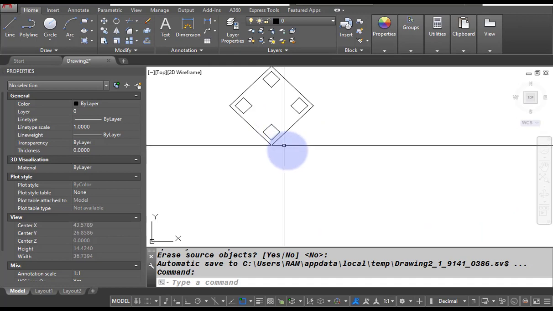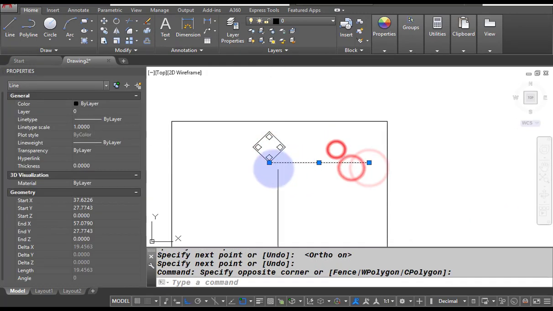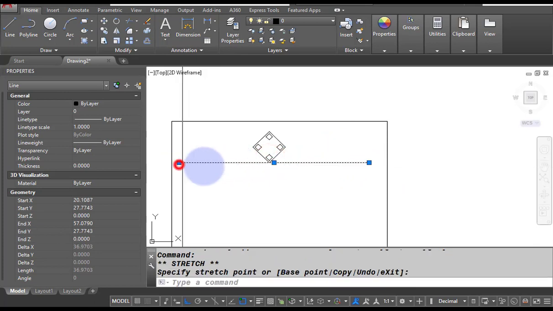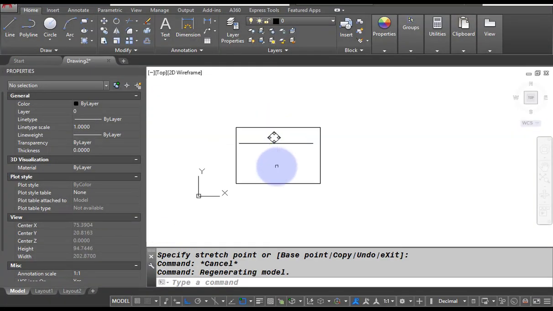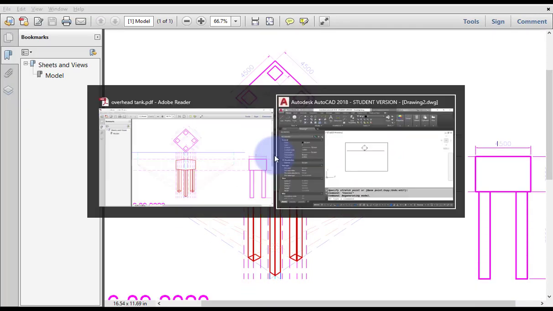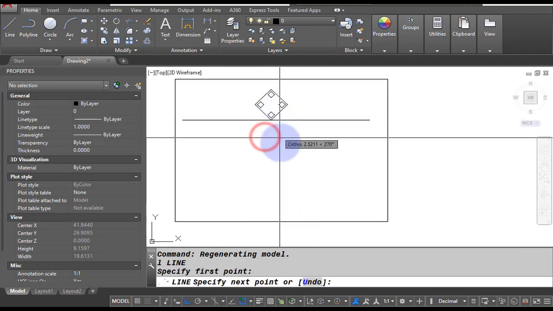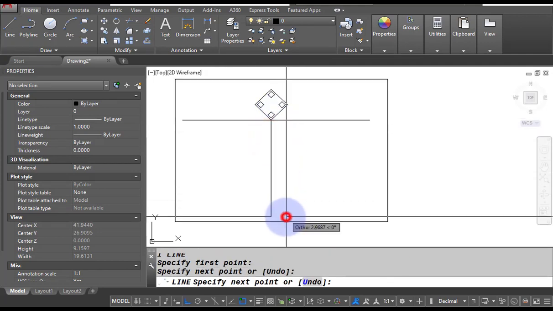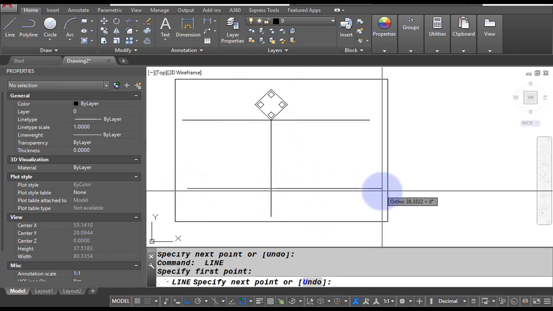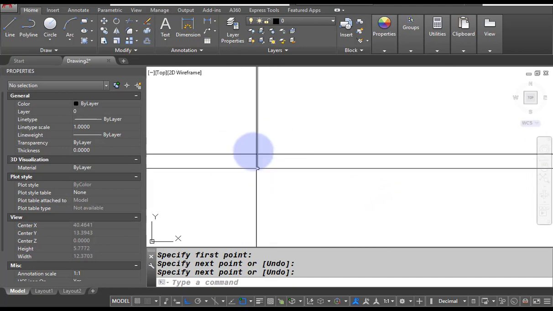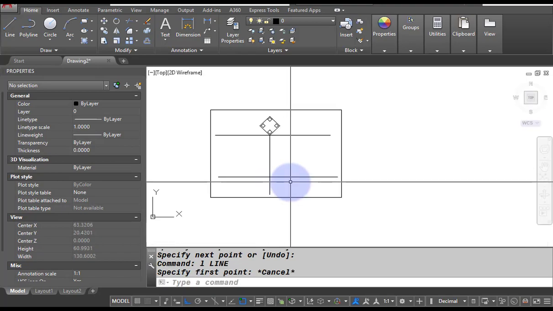Now we are going to draw one horizontal line. This horizontal line is to be the picture plane on which our object is going to rest. Now we have to locate the station point. From this intersection of the picture plane and this object, I am going to draw one vertical line, and then take the horizontal line from here. The intersection of these two lines is our station point.